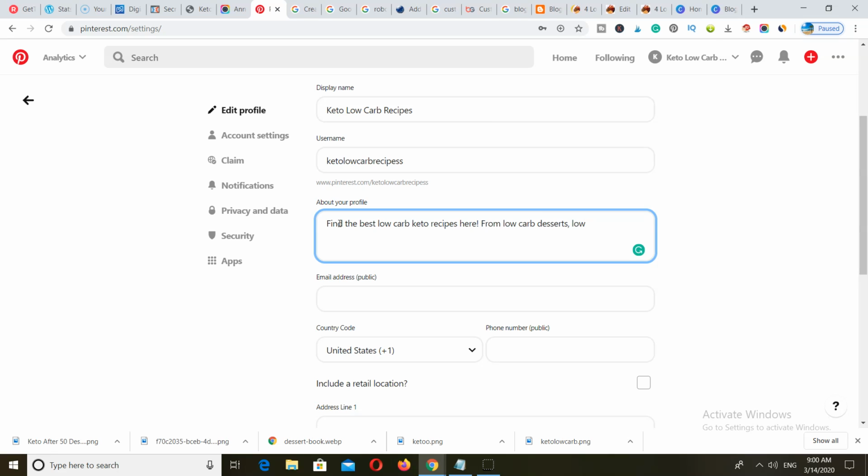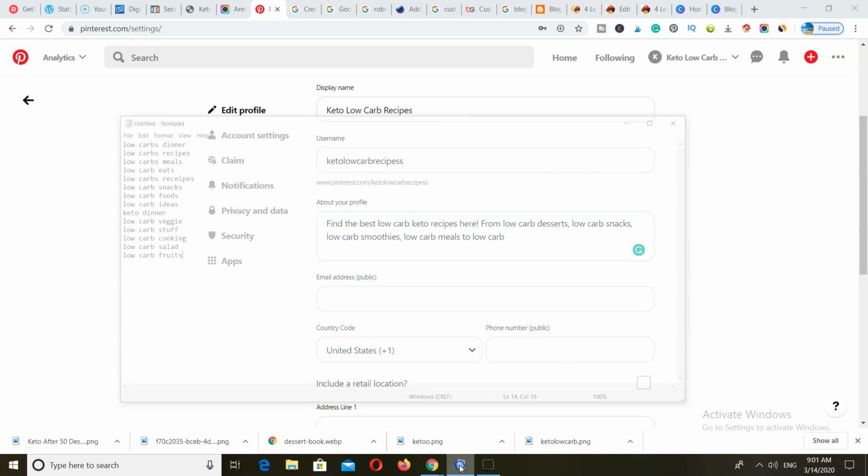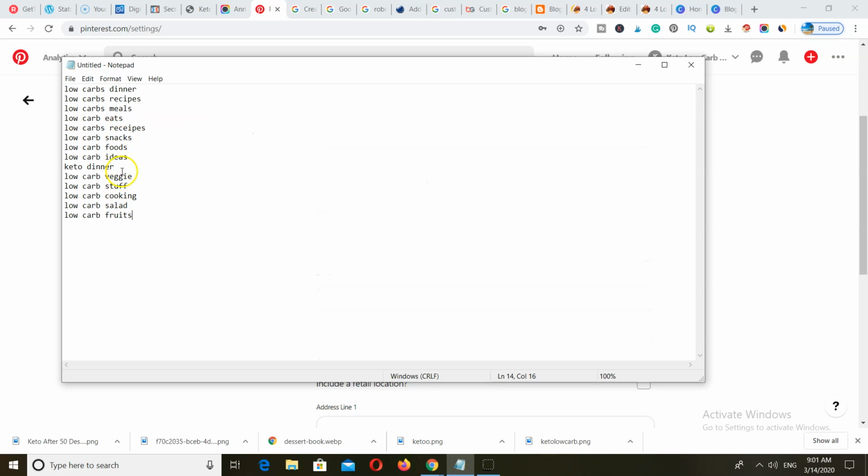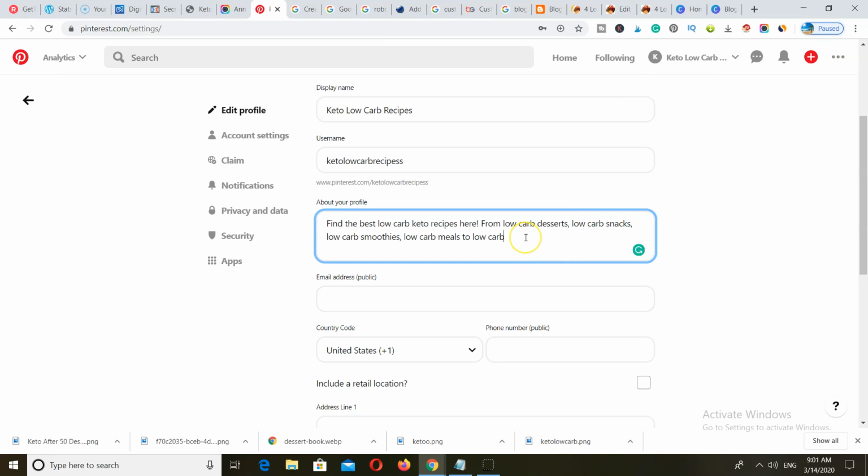Now these are your keywords: low carb snacks, low carb smoothies, low carb meals, low carb. Now your keywords that you have on your notepad here, you want to grab some of them. I've already added some of them over there, to low carb meals,